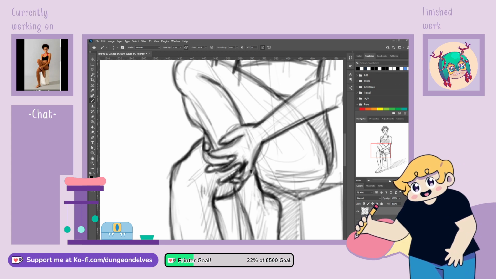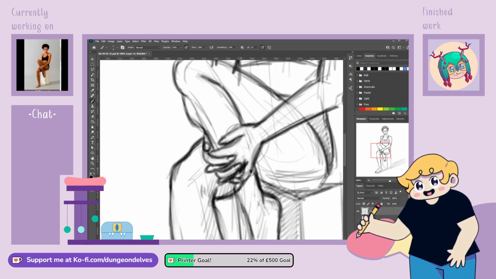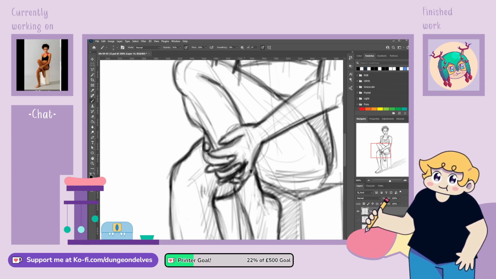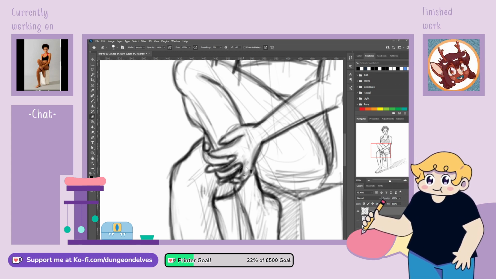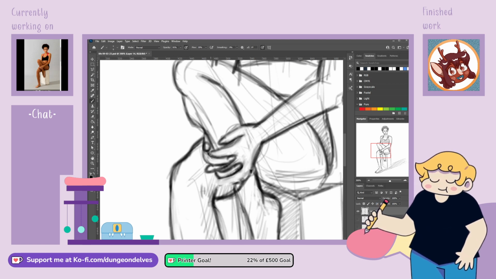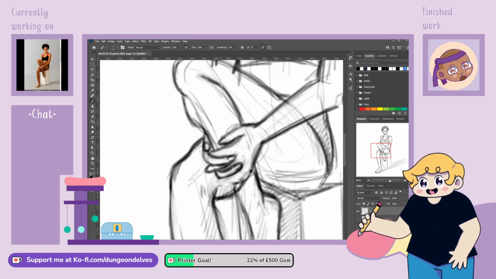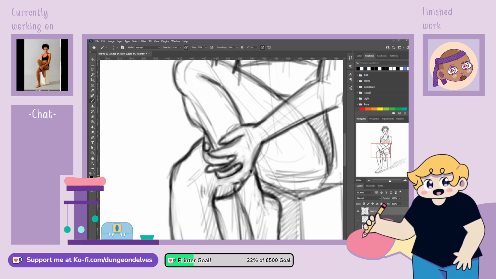Have enough space in between the fingers to identify them because of the way they're interlocking. And this is what I mean, just erasing to tidy it up, because it'd be nice to just get the detail there.